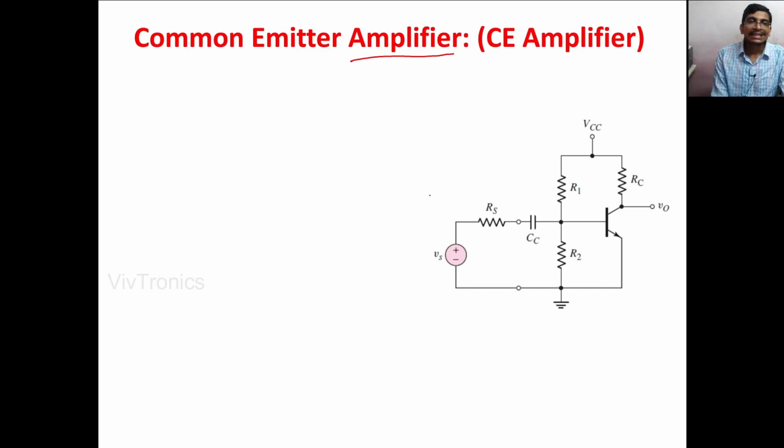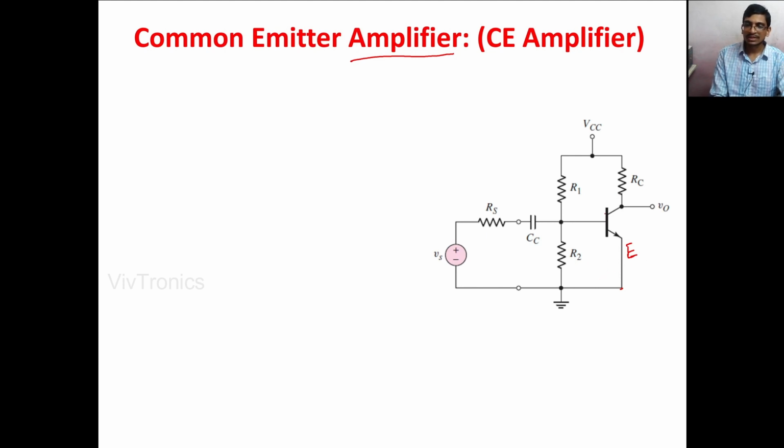Hello students, in this class we are going to discuss the common emitter amplifier. This is the circuit for a single stage common emitter amplifier. Here the emitter terminal has been directly grounded. That's why it is called a common emitter configuration, because the emitter terminal is common for both input and